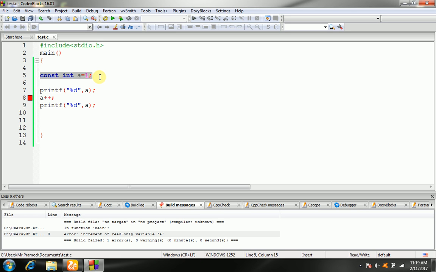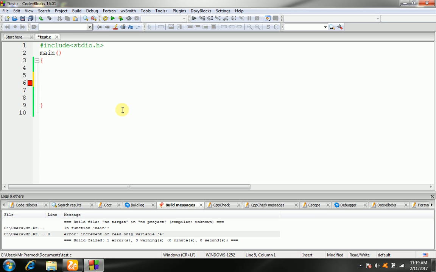A prefix specifies the base or radix: 0x or 0X for hexadecimal integer literals, 0 for octal, or nothing for decimal.